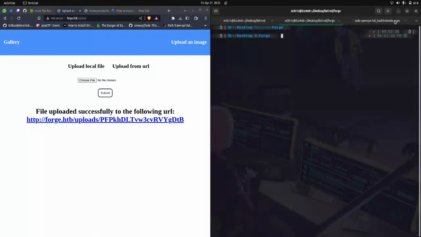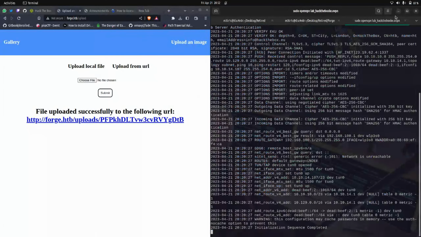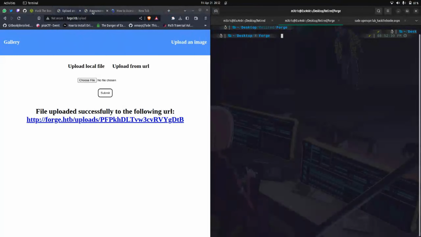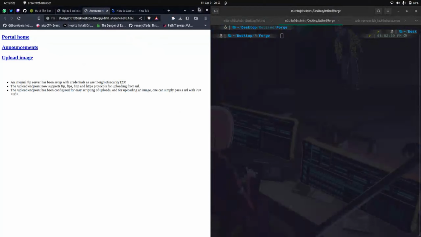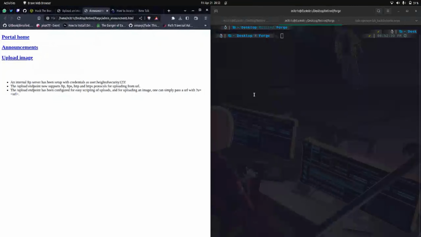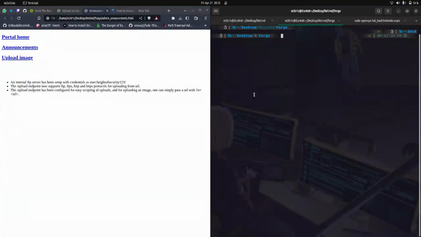Okay, so there's one trick that I need to add. Let's say whenever we were doing this box, we don't know the username apart from the username that has been supplied here, which is user. So this indeed might be the user, and in this case it is. But let's say it's not. So what can we do? Remember in the directory listing, we had the authorized keys, id_rsa and the id_rsa.pub,